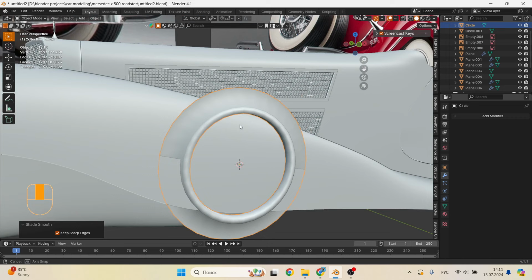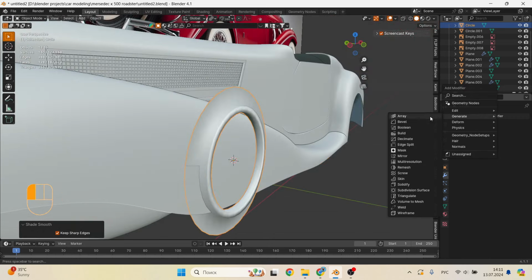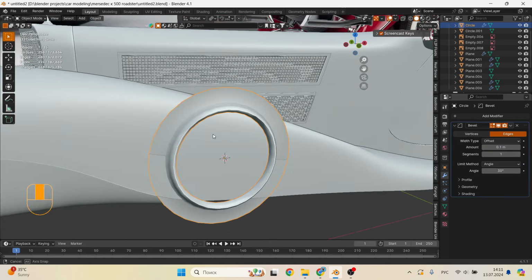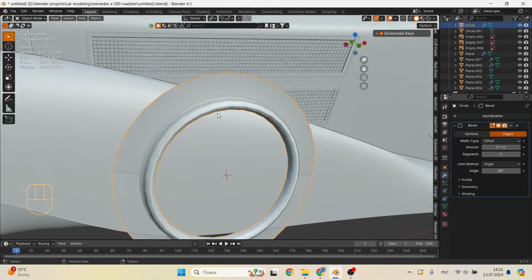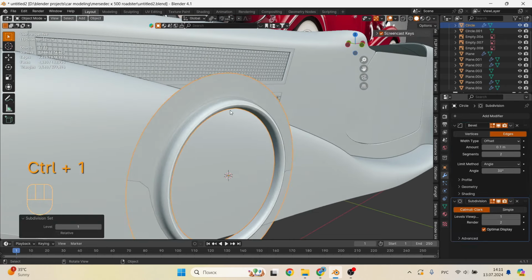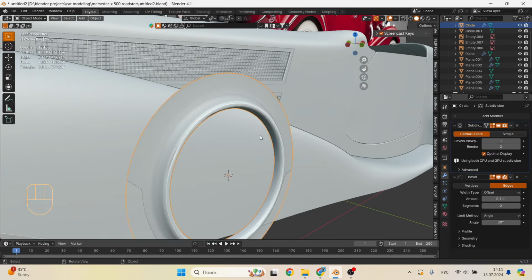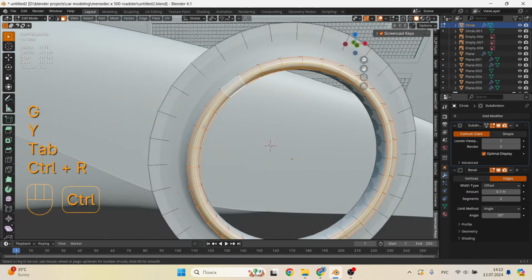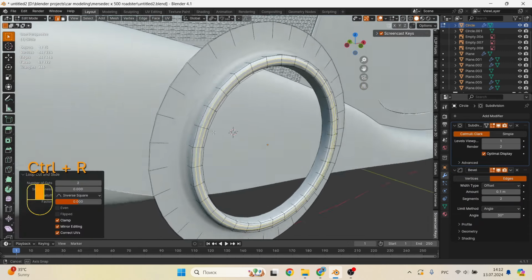Now you can apply shade smooth, add subdivision, add bevel. And also you need to add several edge loops to strengthen the topology.